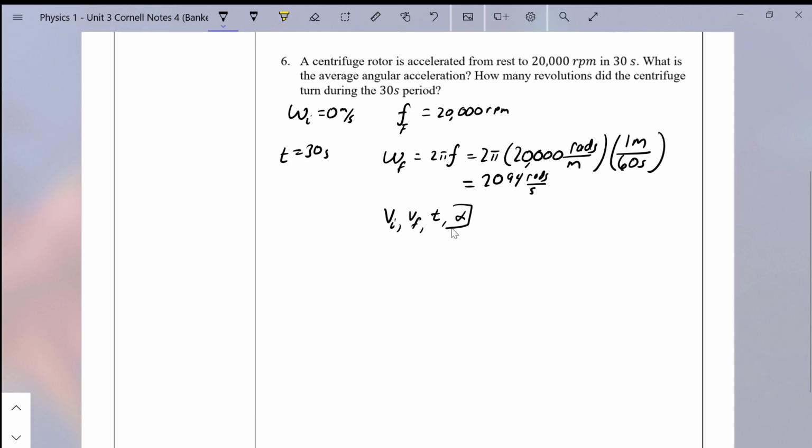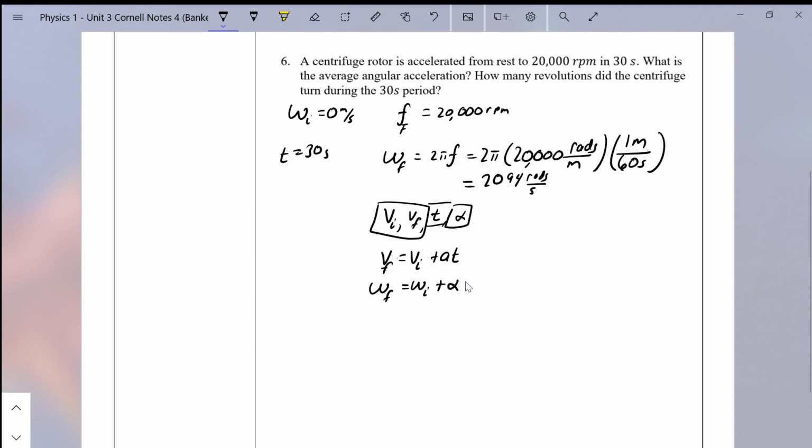So our equation needs to have alpha, and it will need to have a final velocity and time. And so that equation would be V final is equal to V initial plus A T. In a similar sense, they are giving us omega initial, omega final, and time, and asking us to find the acceleration. So if you recall from that little thing I showed you a couple of pages back, the analogous equation for rotational motion would be omega final, so angular velocity final, minus omega initial, angular velocity initial, plus alpha,